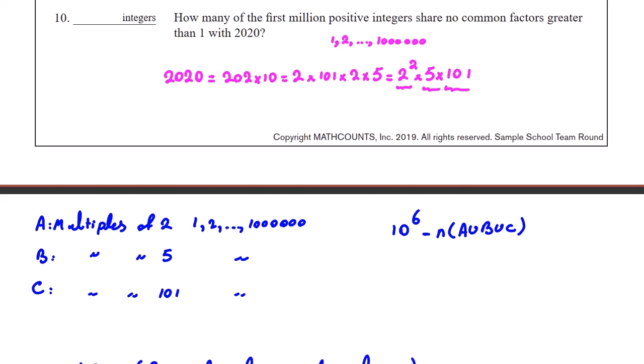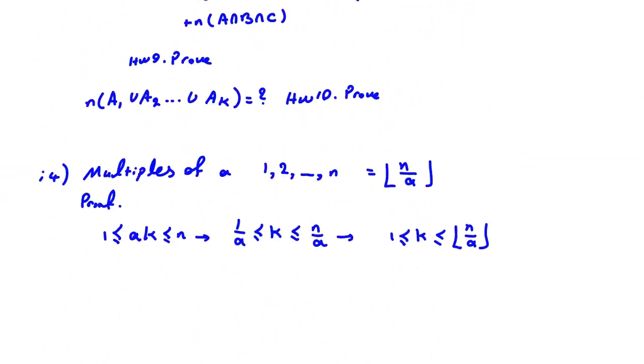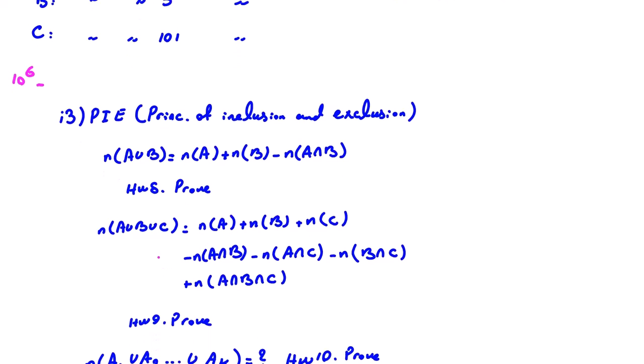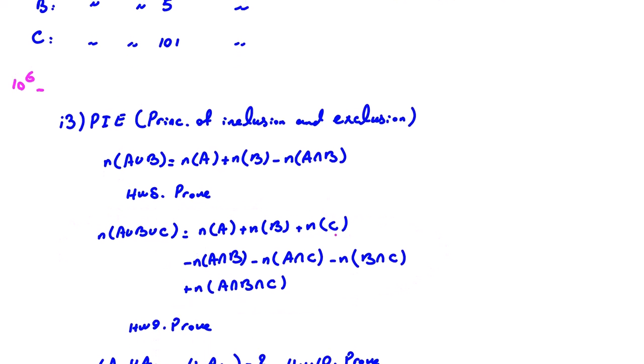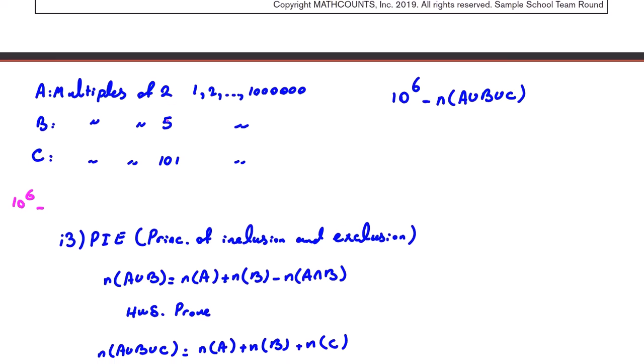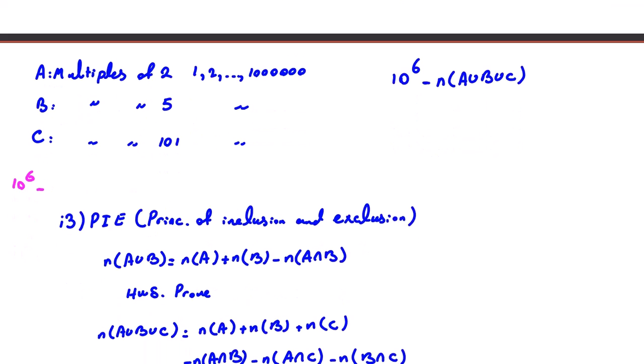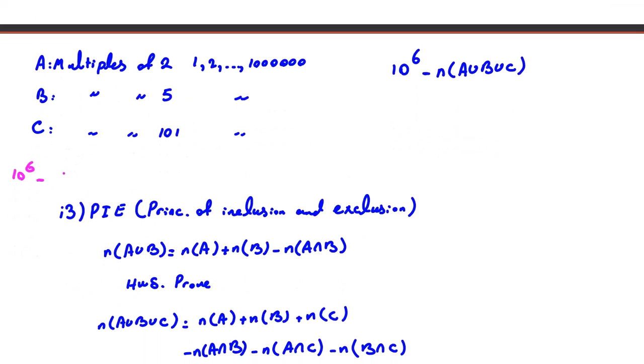Okay, so let's calculate this part together. 10 to the 6 minus n of A. So let me write here 10 to the 6 minus n of A. We use this formula of PIE. Minus number of multiples of 2. Now we use idea 4, n over A. So 10 to the 6 over 2 is 500,000, minus 10 to the 6 over 5 is 200,000, minus